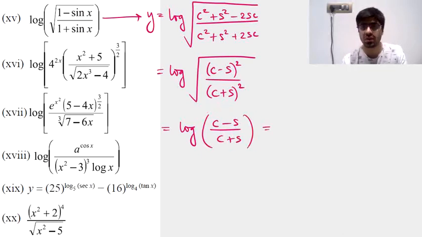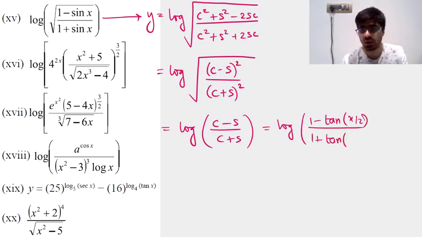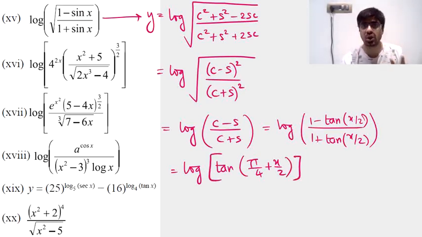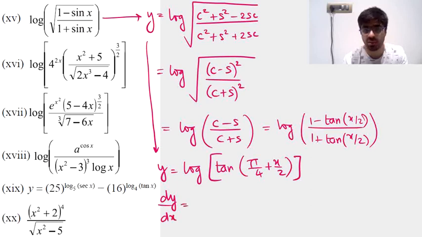Divide the numerator with cos x by 2. So you are going to have log of cos x by 2 minus sine x by 2 upon cos x by 2, which is 1 minus tan x by 2. Similarly, in the denominator, dividing with cos x by 2 will make it 1 plus tan x by 2. This is tan of pi by 4 plus x by 2. So we have log of tan pi by 4 plus x by 2. Do not get excited that you have got a simple expression, because it's not currently the final answer. This is only and only the expression y. You have still not taken the derivative, so take the derivative and complete the sum.